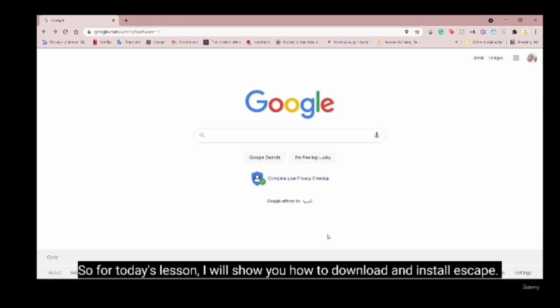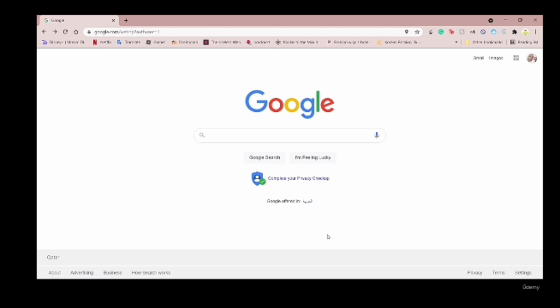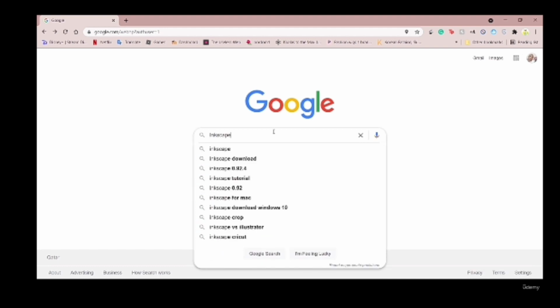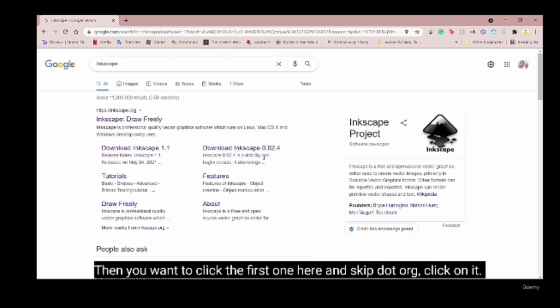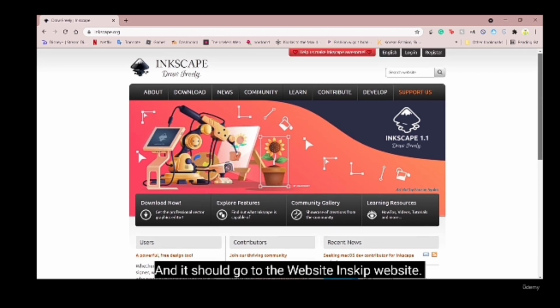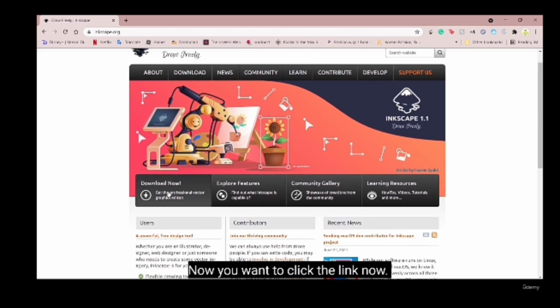So for today's lesson, I will show you how to download and install Inkscape. So what you want to do is go to your web browser and go to Google and type in Inkscape. Then you want to click the first one here, inkscape.org. Click on it and it should go to the Inkscape website. Now you want to click download now